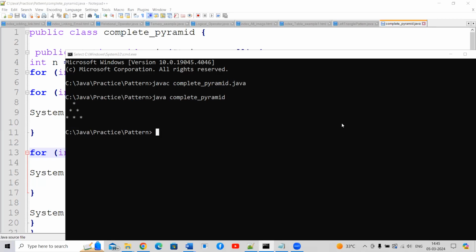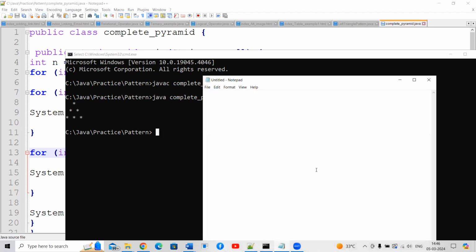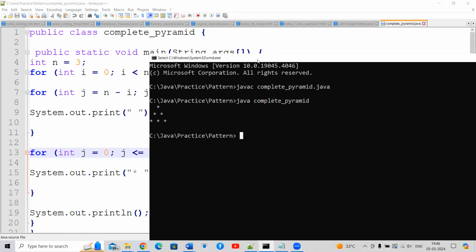Hello. So today we will discuss complete pyramid in Java, how to create it. So as you know, when we use a nested for loop, the outer loop gives the rows and the inner loop gives the columns for creating different patterns. Now in this case, if we go through the program,